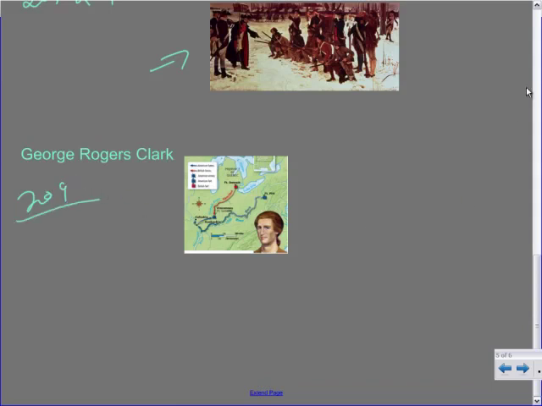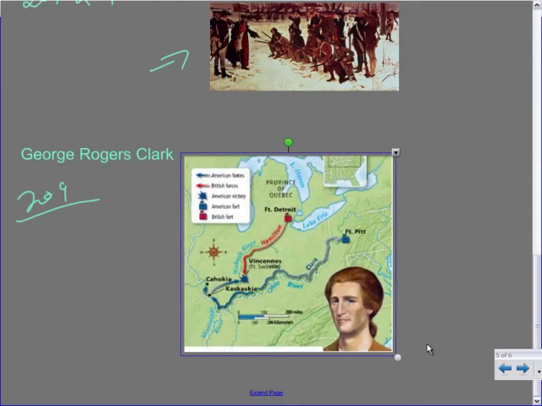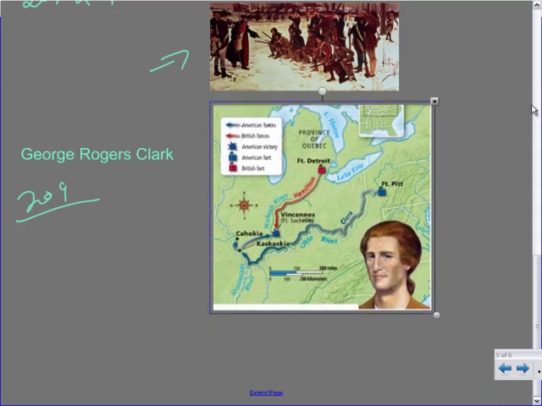George Rogers Clark is important because he helps to expand the war effort. And what he does is he marches down and attacks and takes over Kaskaskia. And what this does is it forces the British troops to spread out. That's a big deal because of the way that I would think about it, and the way I talk about it in my class,